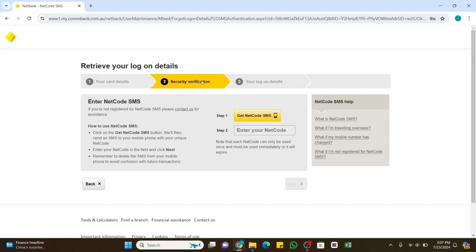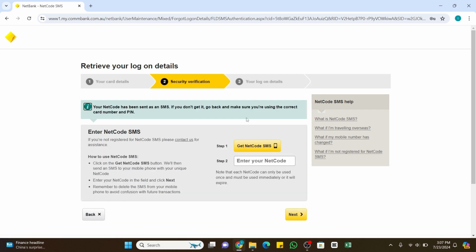Here you will need to verify your identity first. For that, you need to click on this Get NetCode SMS. Once you click on it, the NetCode SMS will be sent to a mobile number. Wait for the code and once you get it, click on the second box and enter the NetCode that you have got. Once you enter this code, now you need to click on this next button at the bottom